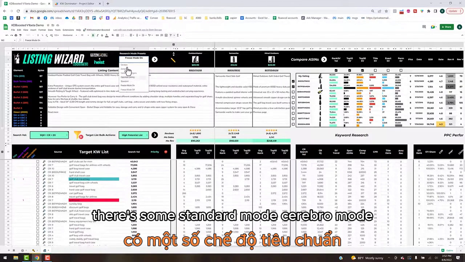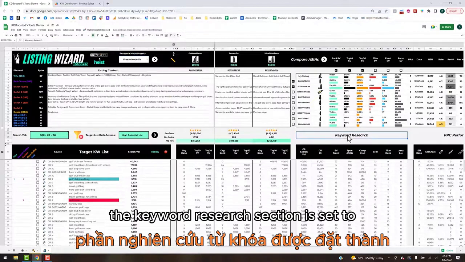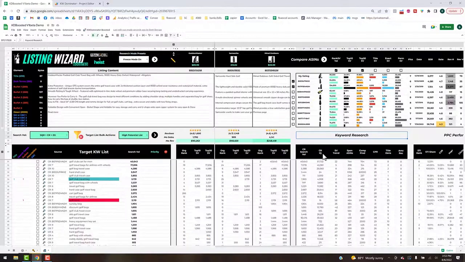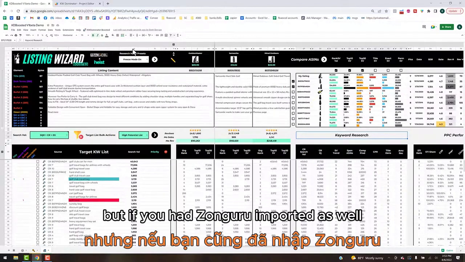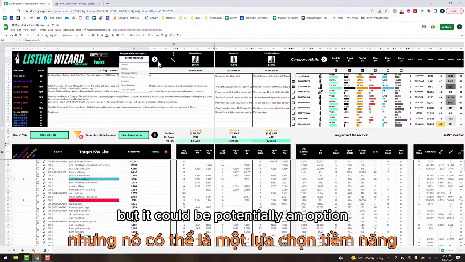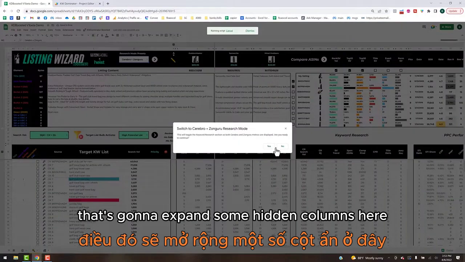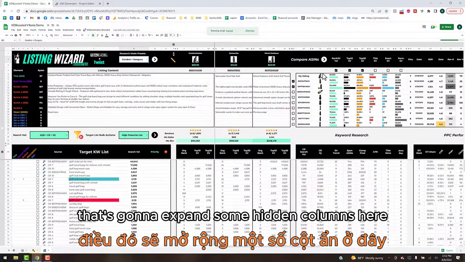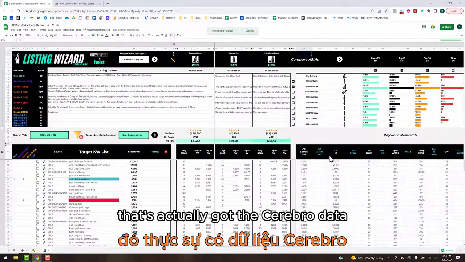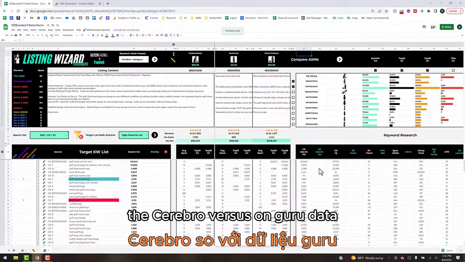There are some standard modes, Cerebro mode. This is going to show you the Cerebro metrics. Right now by default the keyword research section is set to all Cerebro metrics, but if you had ZonGuru imported as well, I don't know many users that'll have both, but it could potentially be an option. You can click that and toggle that view on. That's going to expand some hidden columns here that actually have the Cerebro data. You can see here it's all blank, but this would show side by side the Cerebro versus the ZonGuru data,